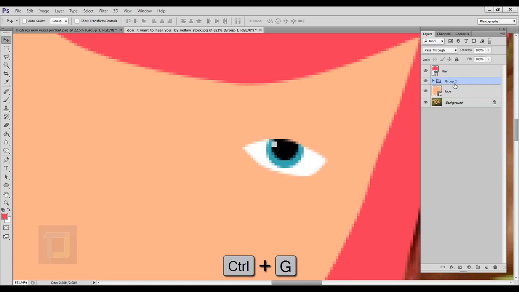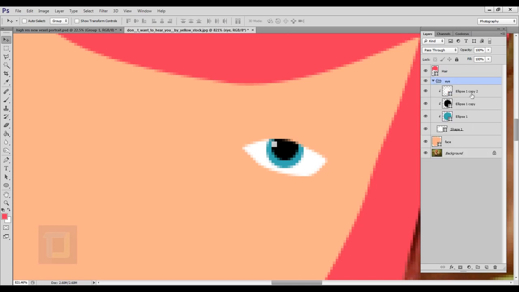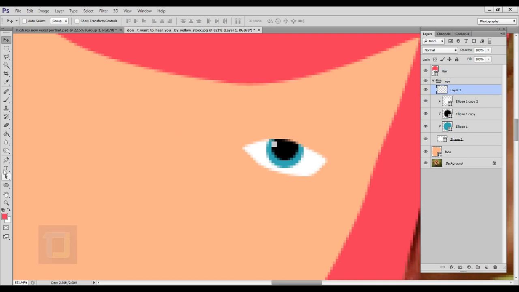So the eye is in its separate group, so you can manage it better, and it is extremely important to do it. Okay, do not ignore this thing. So double click and let's name it eye. Good. Now we can turn on the group here, and to create the outlines, create a new layer,